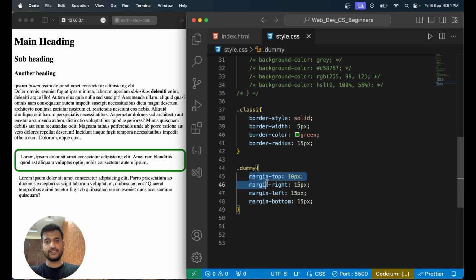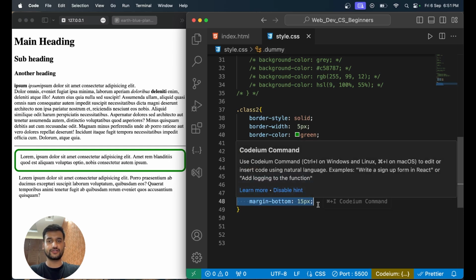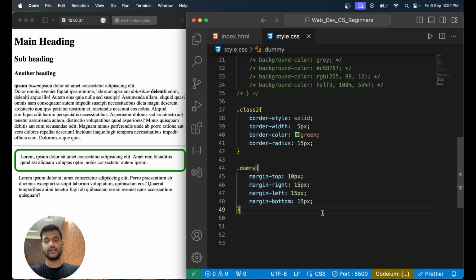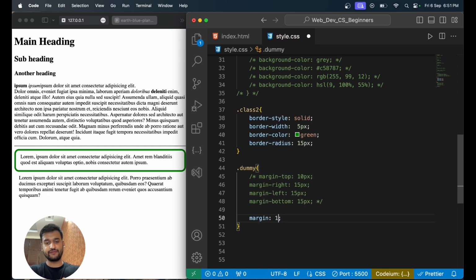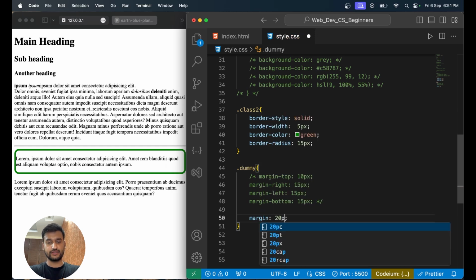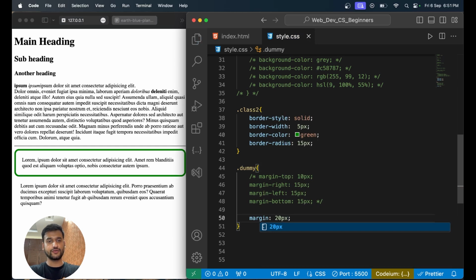So these are the properties if you want to specifically give margins to a specified side, but there is a shorthand way of doing this. I'll just comment this out, and you can say margin, just margin, and let's say I write 15px, or maybe I'll just write 20 for now. As soon as I save it, you see 20px has been given on all the